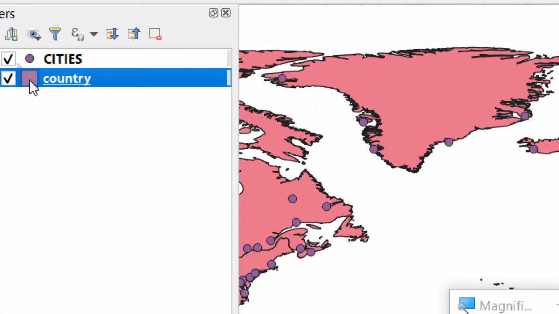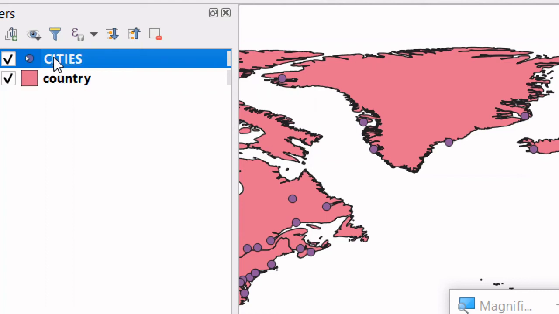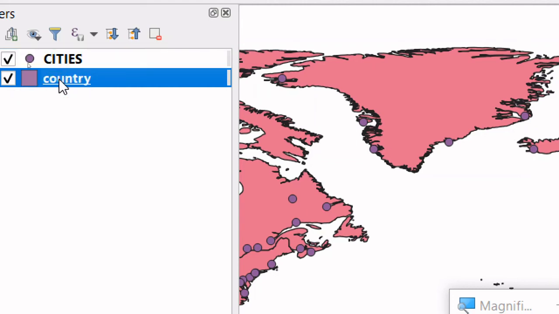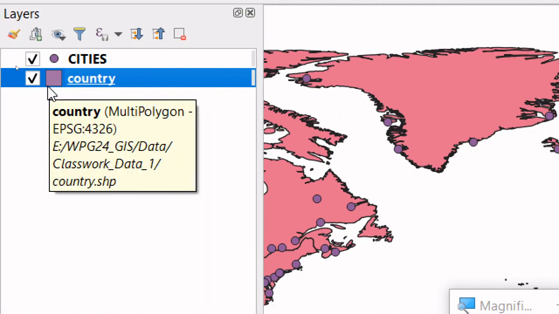As we have seen, vector data can be of three types: it can be point, it can be polygon, or it can be a line. This city layer includes only point data, therefore it is a point. The country vector layer includes only polygon type information, so it is represented as a polygon.